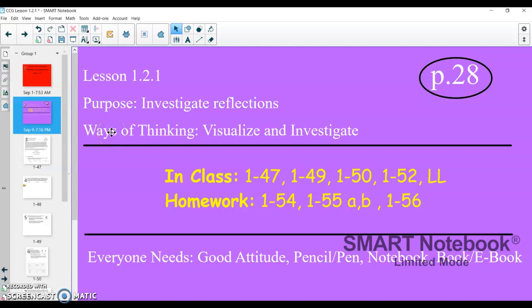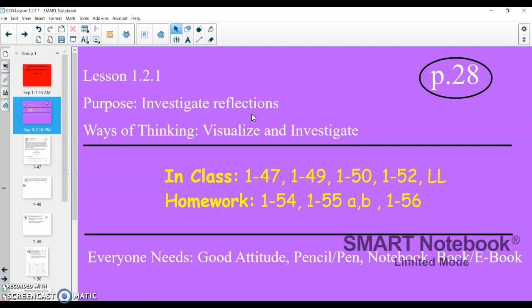And where this is going to pick up is shifting shapes and different ways we can shift shapes around a coordinate grid. And the first one that we do is investigating reflections. And so we know reflections, the thing you look in a mirror and it looks back at you. And this is not that much different. This is the